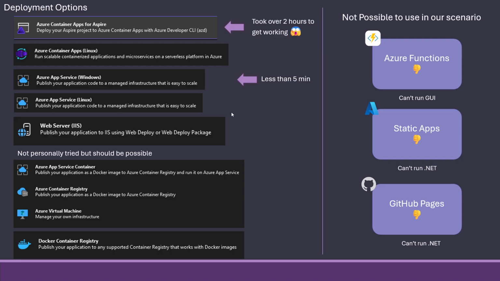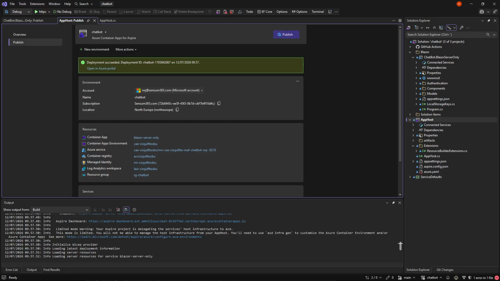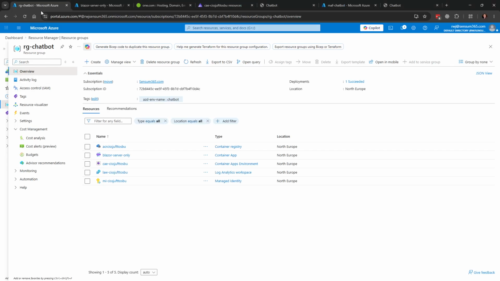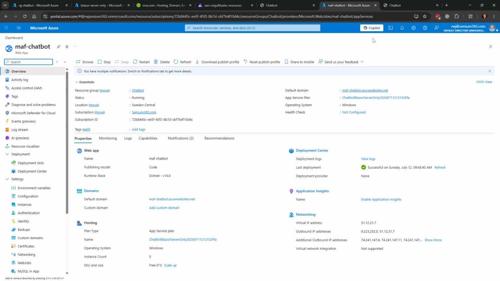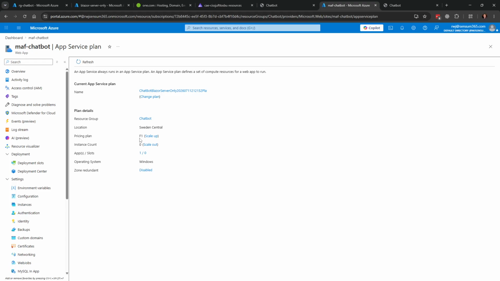So why do we keep up with this then? Well, it's because of the web app that I'm using. Let's go to the different sites. So the web app I have here is running on the service plan F1. Meaning it's free. Oh, it's called F1.